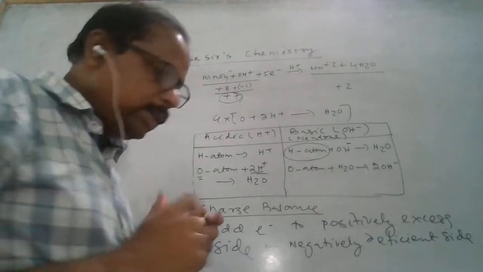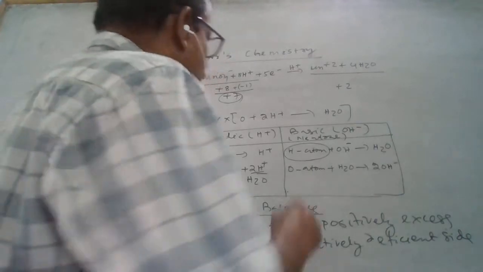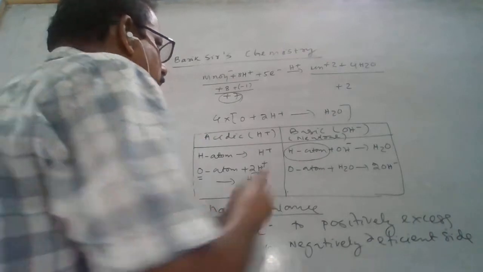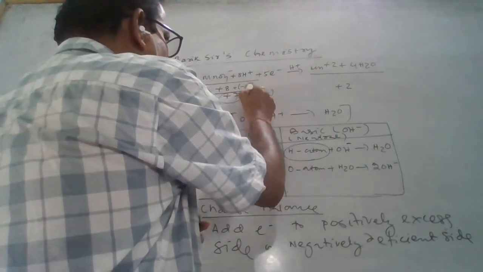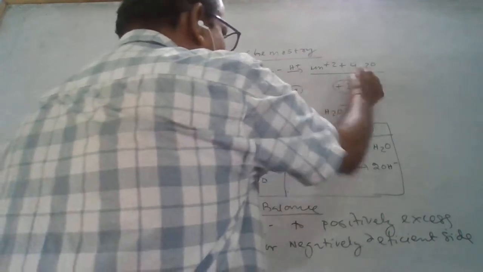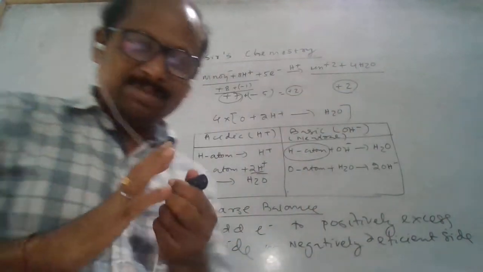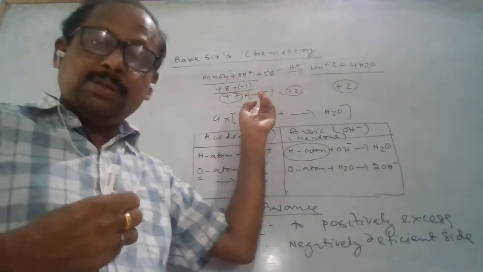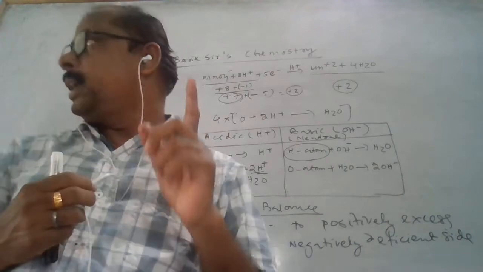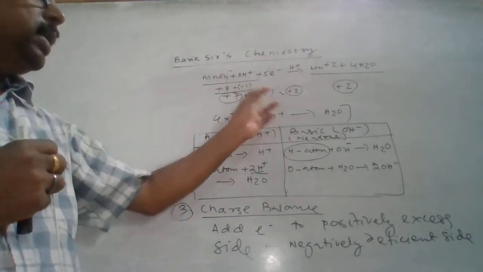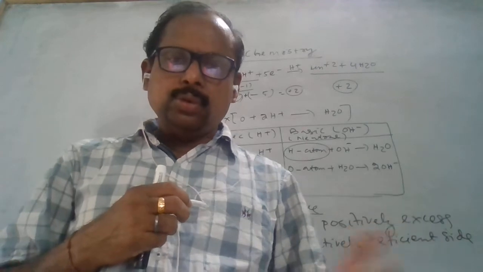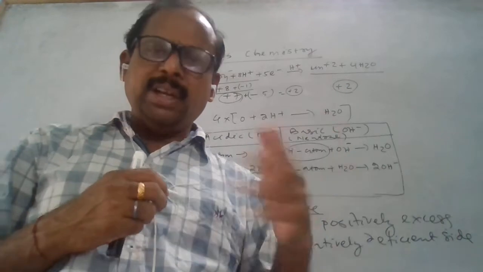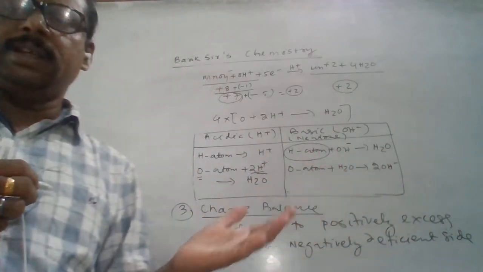So 5 electrons to be added here because this is plus 7, this is plus 2, extra 5. Plus 7 and 5 electrons means minus 5, so that is equal to plus 2, and the other side is also plus 2. That is the concept. One electron carries a negative charge. After this, it will become plus 2 and the other side plus 2. So the equation has both material balance, atom balance, and charge balance.